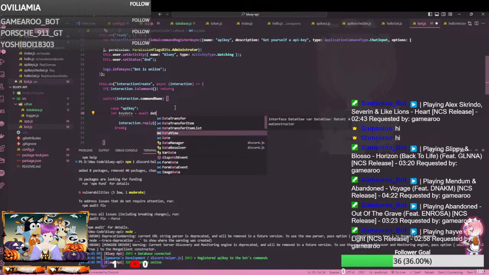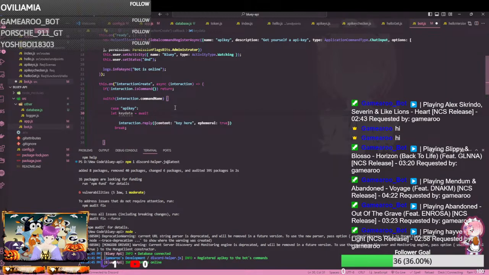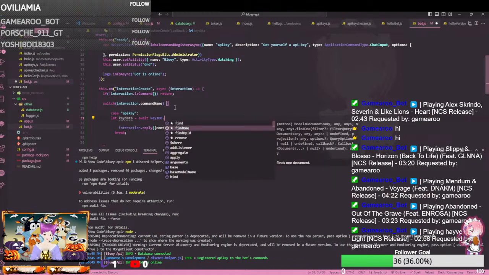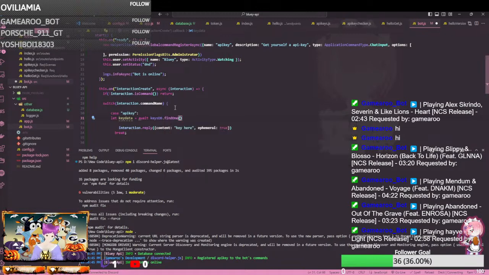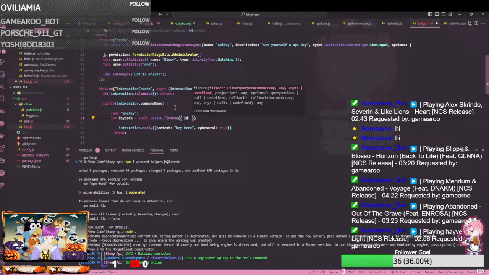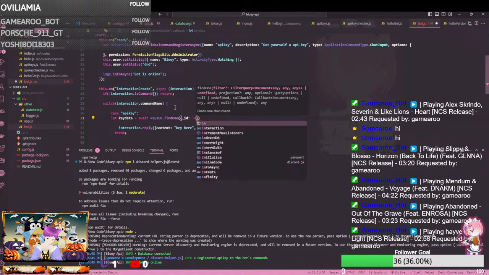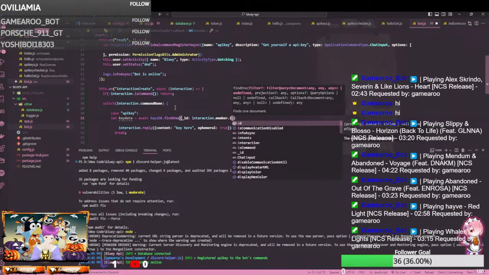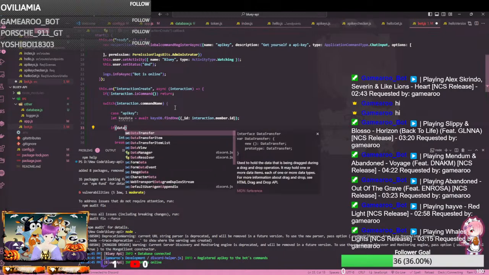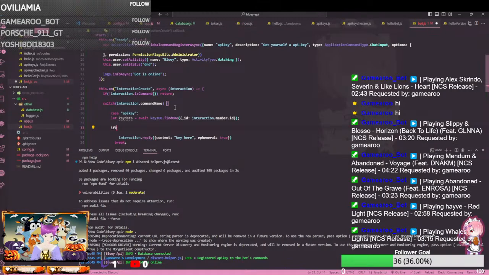Now we're just looking for key database dot find one. We want to find one by the ID of interaction.member.id. So what we're going to do is, if key data already exists,